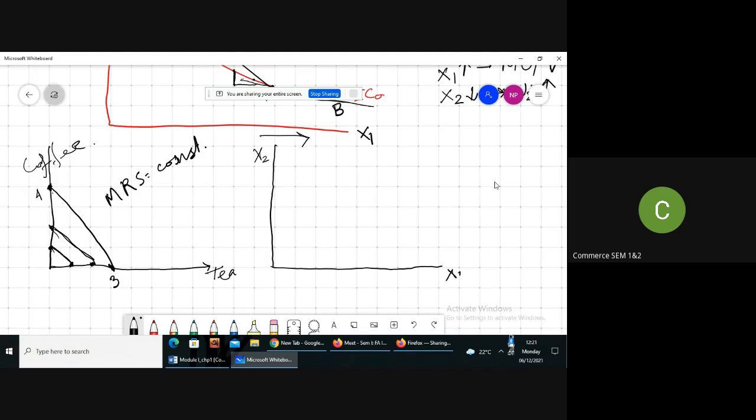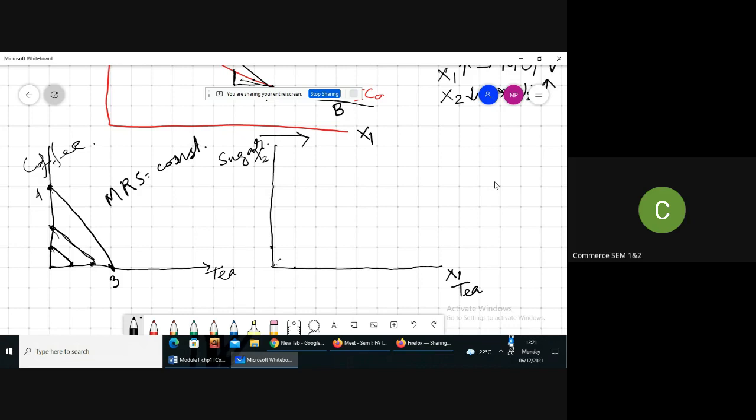Now, say the complementary commodities are tea and sugar. Okay. Now, if we assume that the consumer consumes 1 cup of tea with 1 spoon of sugar,